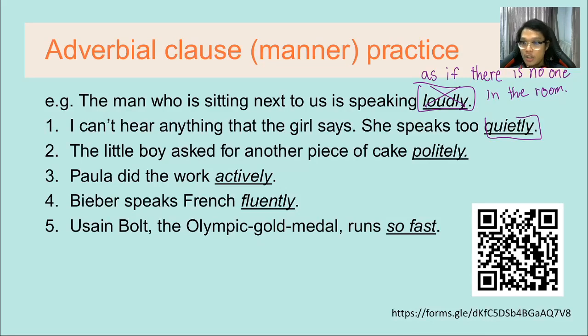You just turn on your music very loud. You can play music loudly, you can talk loudly, you can play video games loudly, right? So here again, as if there is no one in the room tells you to imagine that there is no one in the room. The man sitting next to us is speaking